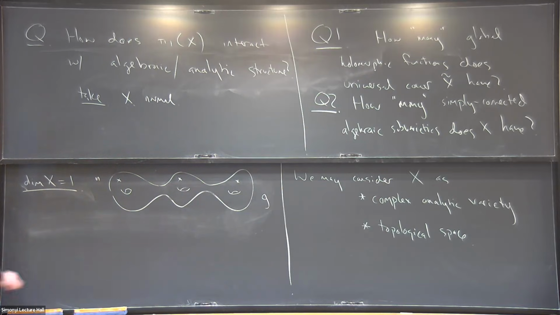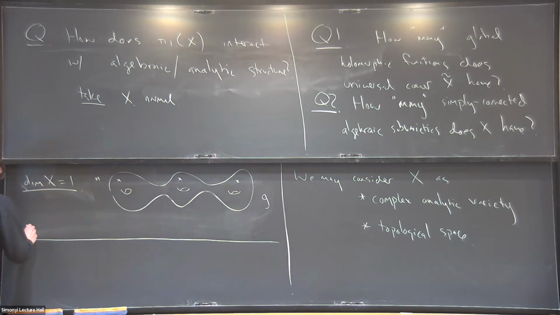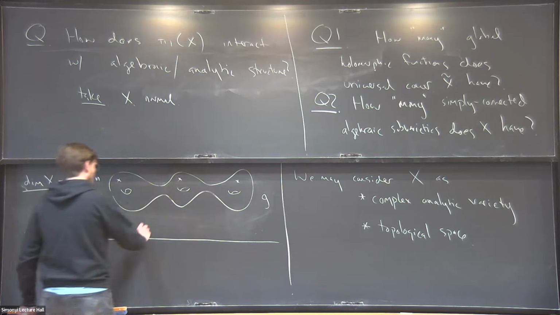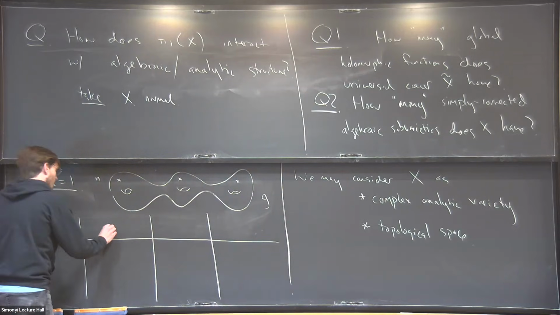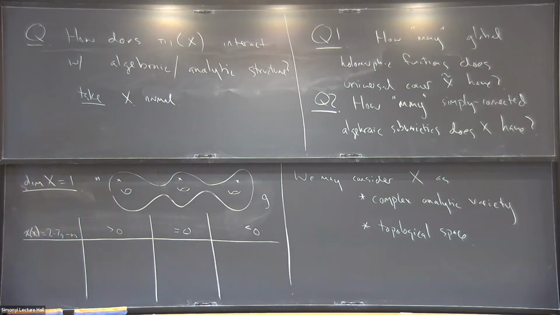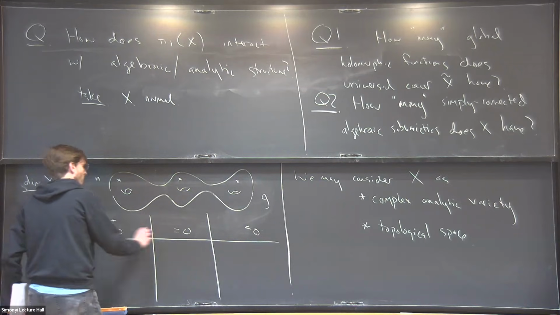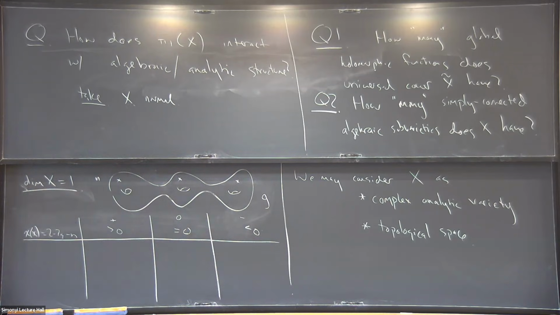And there's the usual trichotomy related to the sign of the Euler characteristic. So the Euler characteristic is 2 minus 2g minus n. And so this can be positive, can be 0, or it can be negative. Okay, and at least if there are no punctures, this is sort of related to whether it's positive curvature, flat, or negative curvature. So what are the possibilities for X?